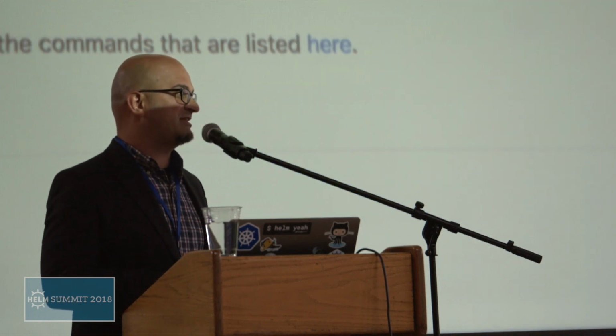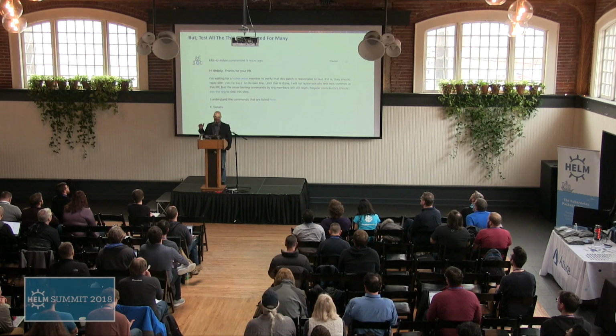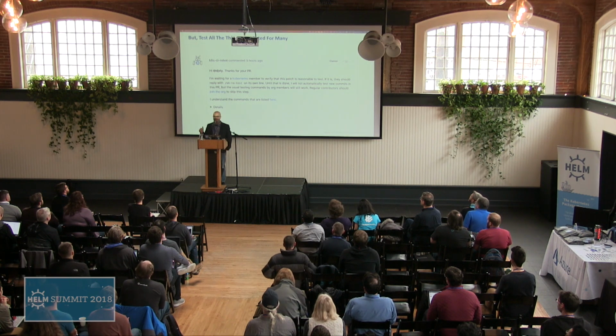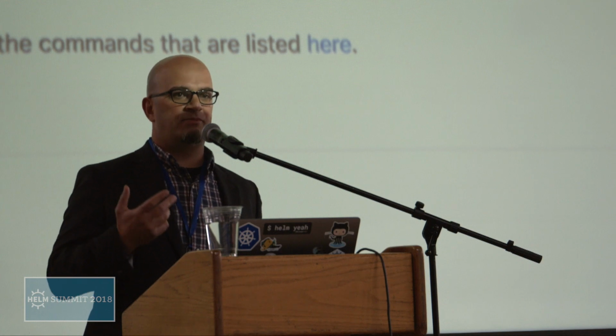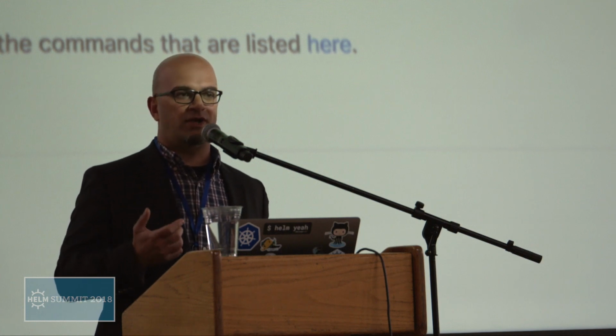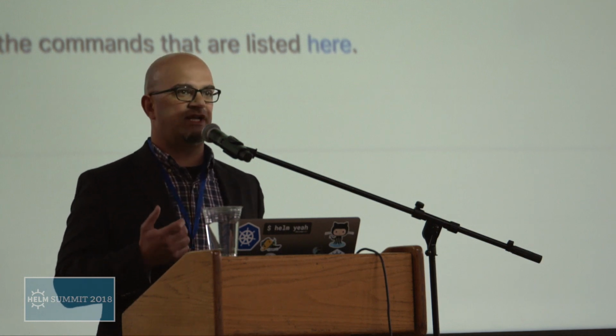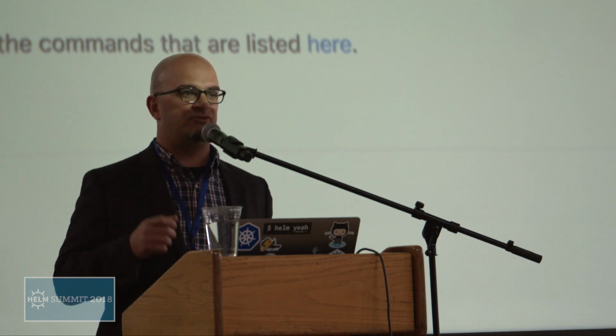Anybody ever experienced this? The note that says you need OK to test before the test run, right? This is a pretty common thing on the charts repo, right? Because of OK to test. So the way testing works with the Kubernetes infrastructure is that if you're a member of the org, your tests run right away. If you're not a member of the Kubernetes org, you have to wait for a member to do OK to